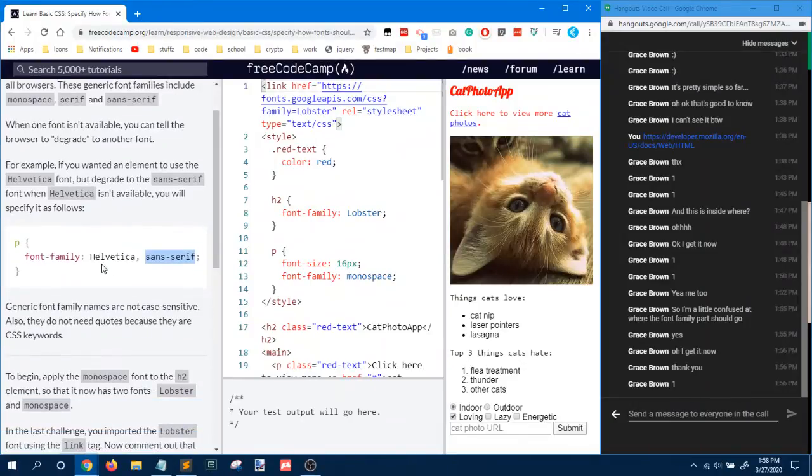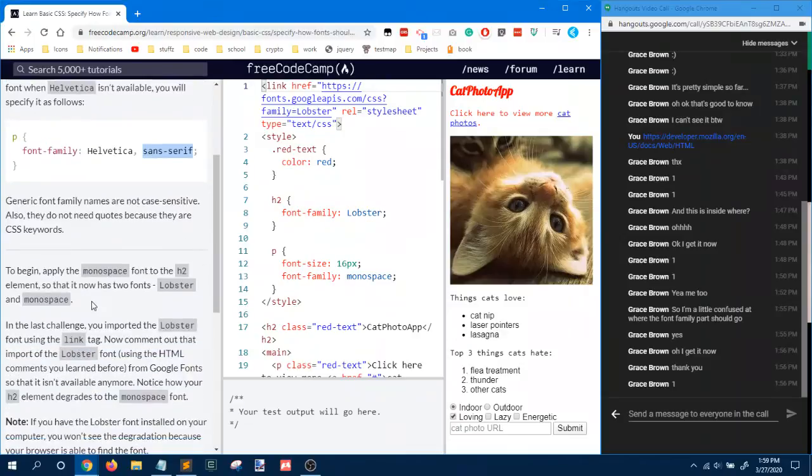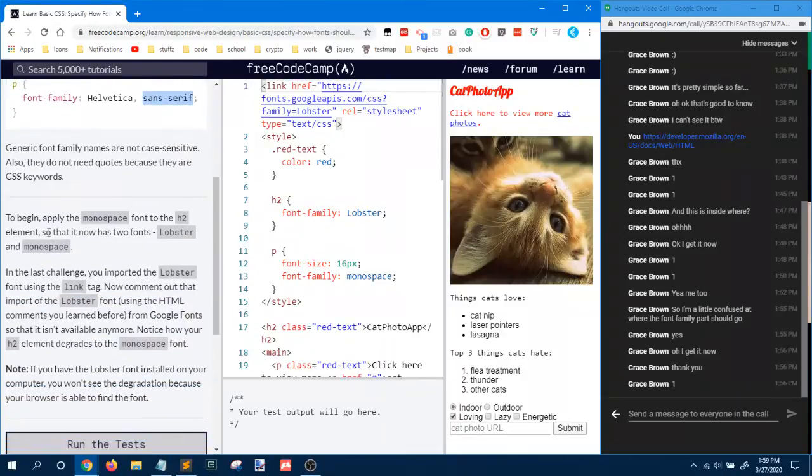And then after you do that, if this fails to load, the sans-serif font will load in instead. Generic font families aren't case sensitive, and they also don't need quotes because they're CSS keywords. Yeah. So that's for generic font families like serif, sans-serif, and monospace. To begin, they want you to apply the monospace font to the H2 element, so now that it has two fonts,